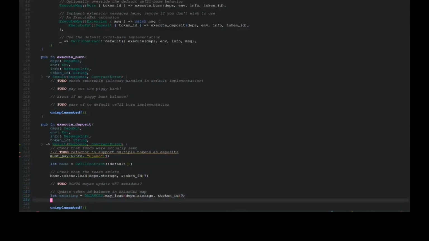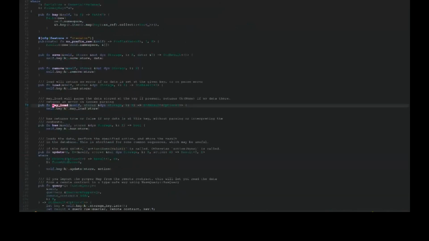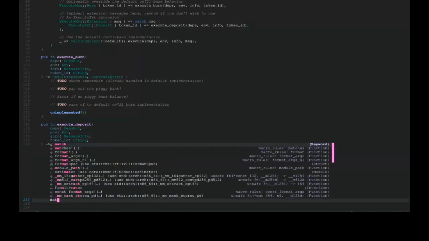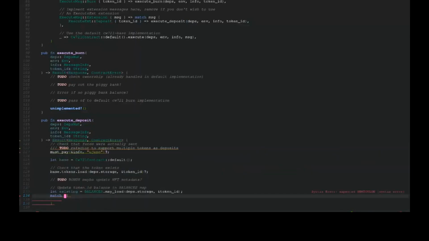And what mayload will do is return an option type rather than a result. So we look at that, it returns an option, yay. And so what that means is this existing will be either some value or none value. And we're going to do different things depending on its value. So we're going to do that with a match statement. So if there's some